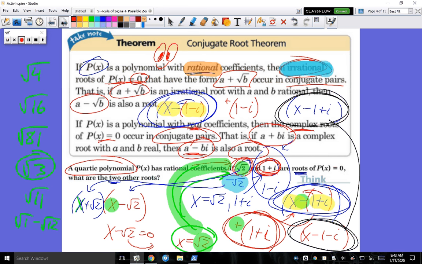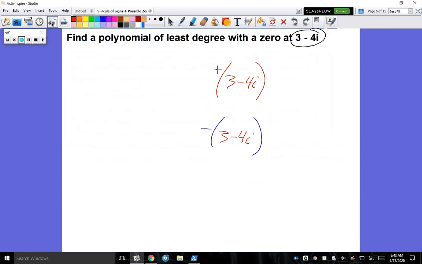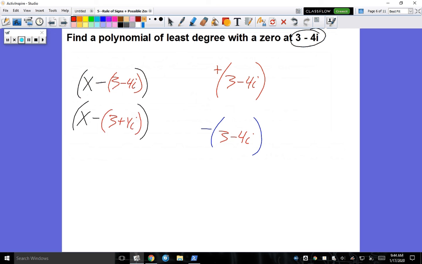So when we come over here, we're not going to do it the way I just showed, with the positive and negative in front of the parentheses. We can just leave them both as x minus, x minus. And right here we will put 3 minus 4i. And guess what? 3 plus 4i. You see that? It takes care of both of them, and it treats it as